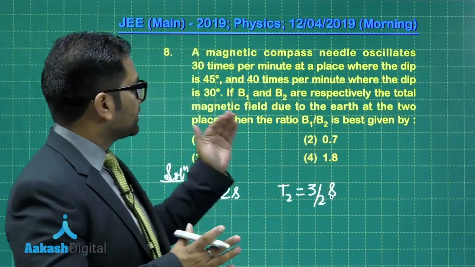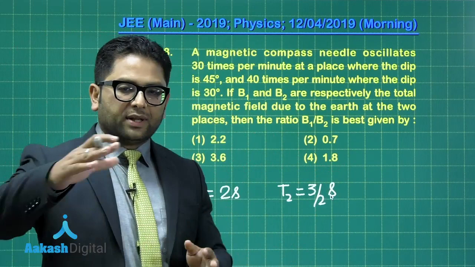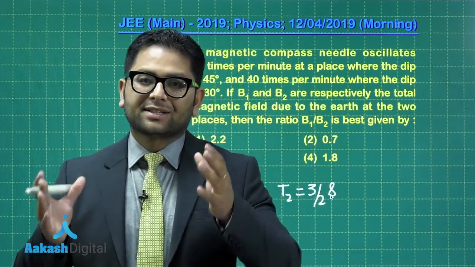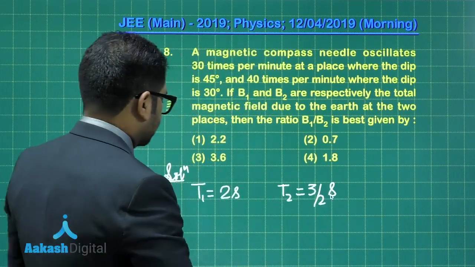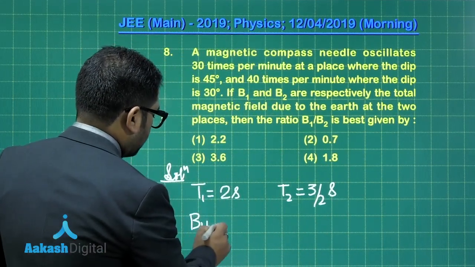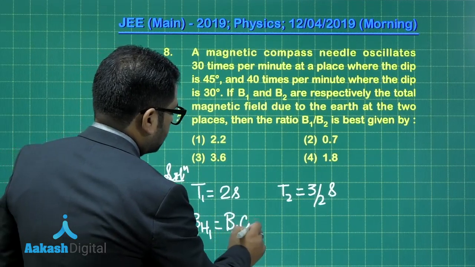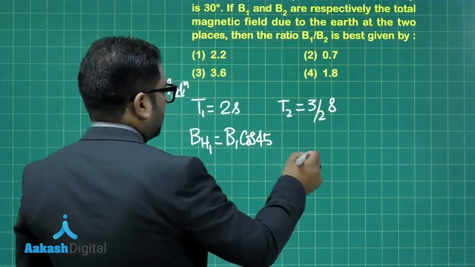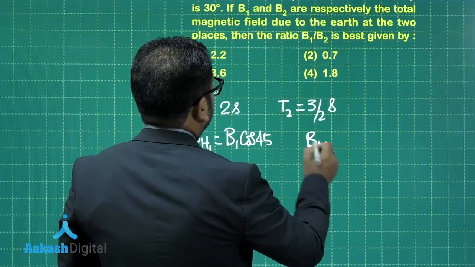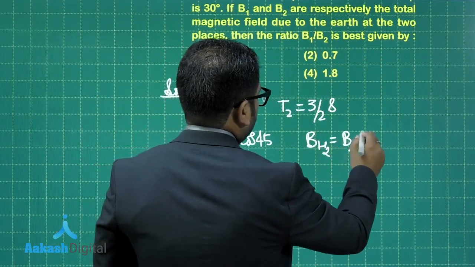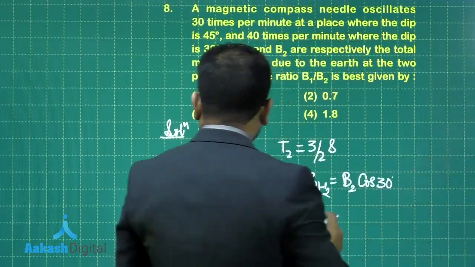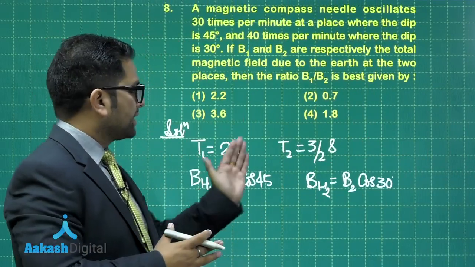And B1 and B2 are the total magnetic field due to the Earth. Now, when the compass needle oscillates in the horizontal plane, the effective magnetic field which is responsible for oscillation is the horizontal component. So in the first case, see, BH1 is B1 cos 45, the horizontal component of the Earth's field, which is influencing the oscillation. And the second case, I believe it's 30 degree, that will be B2 cos of 30 degree. Okay, so here I get the horizontal component of the field at this place, at that place,